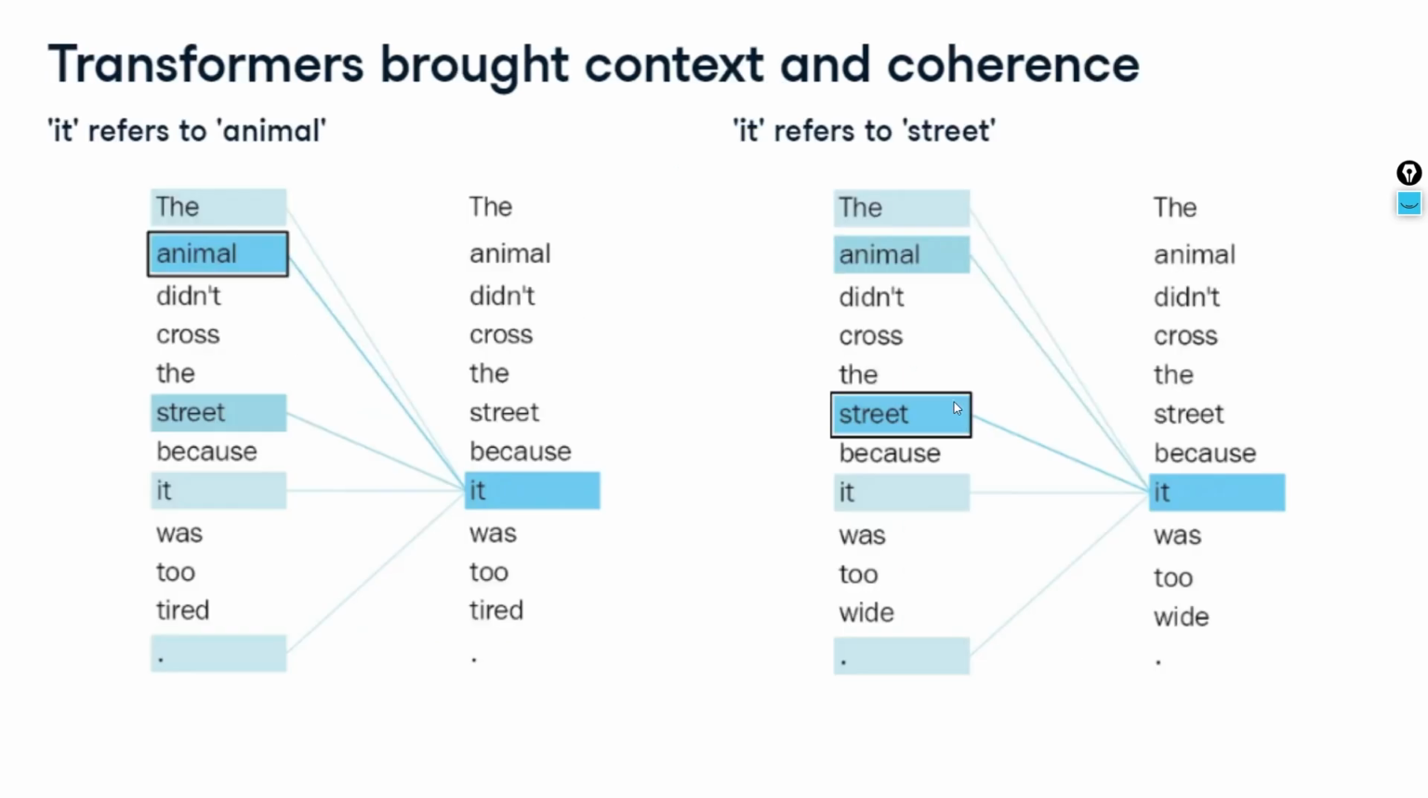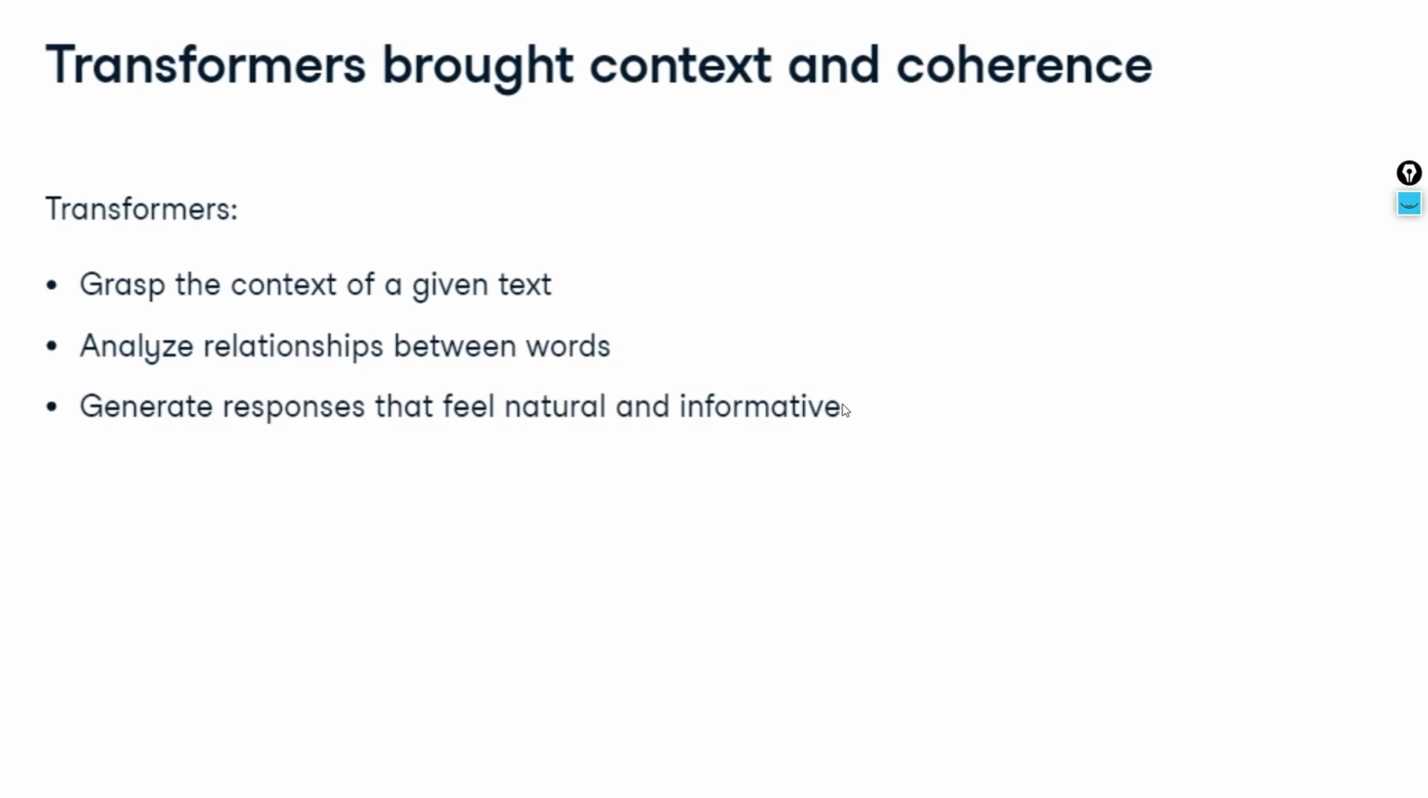Next we have transformers. These AI models are like super smart readers. Instead of understanding one word at a time, they grasp the meaning of an entire sentence or paragraph. This was a major advancement in large language models. So next is